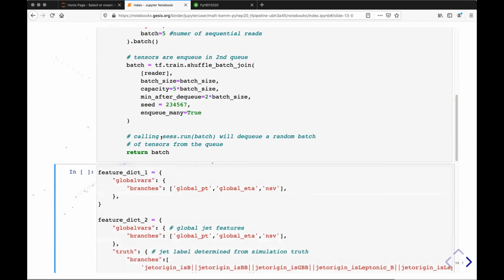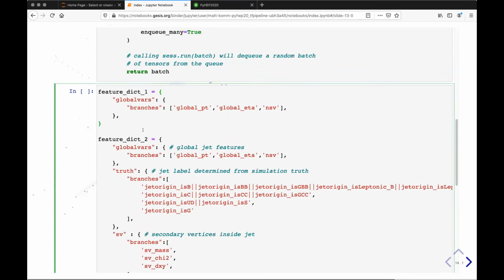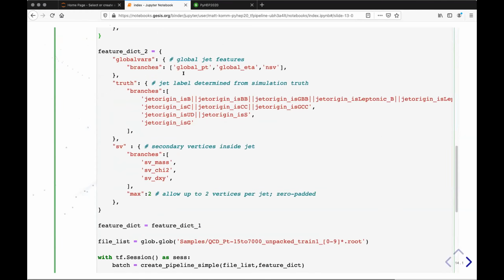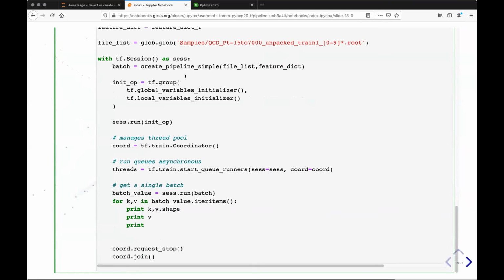The advantage of this ROOT interface is that one can very easily define what branch names one wants to read. The first feature set, I call it here, just reads these global branches, again the pT, eta, and number of secondary vertices, which I select here. Then you just specify the file list, a list of files you want, and then you can in a TensorFlow session create a simple pipeline. And executing this, one sees that indeed